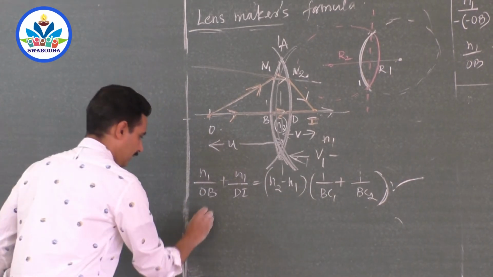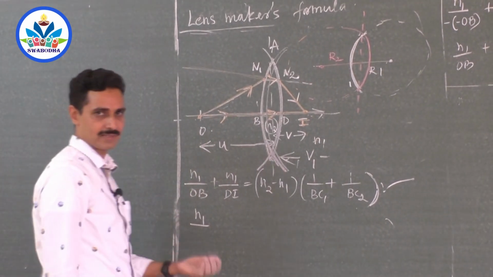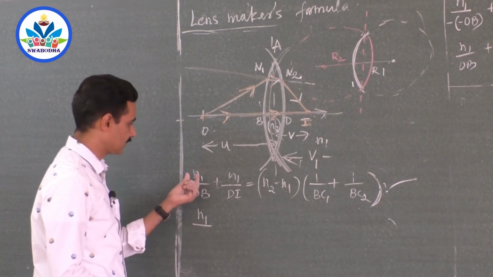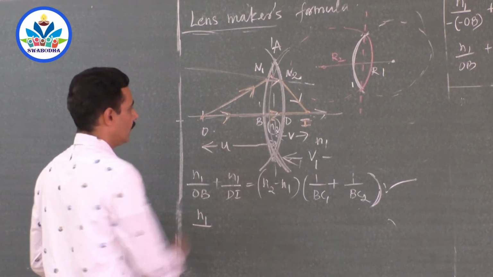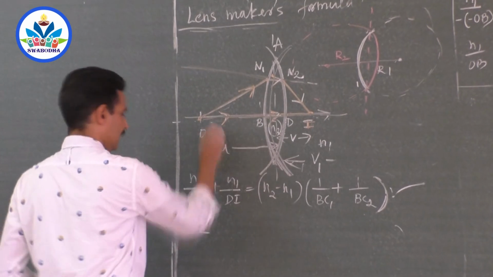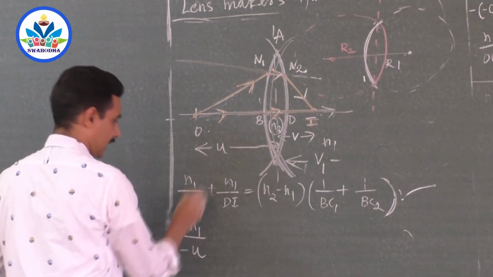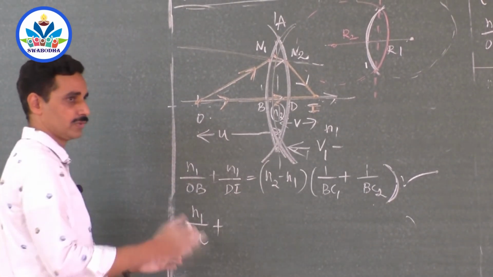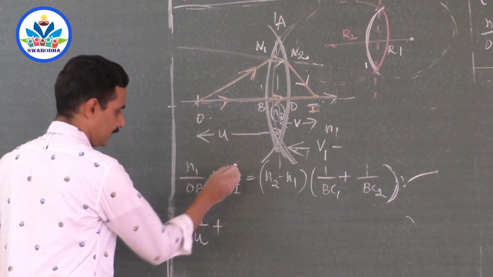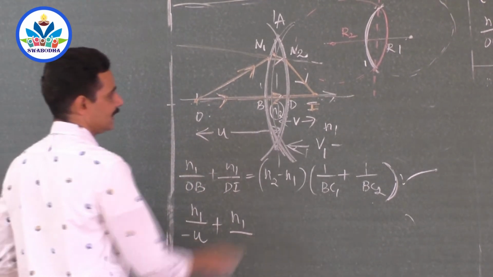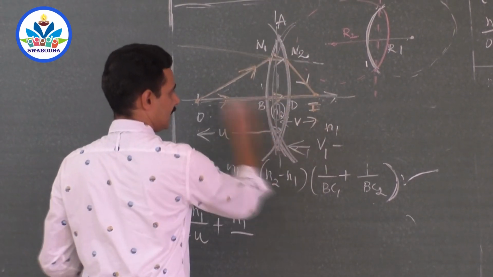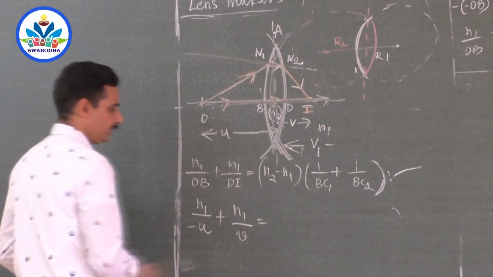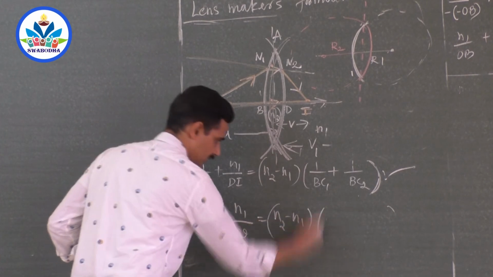So we will substitute n1, the refractive index. Refractive indices as such don't have any sign conventions because they don't come under any distance. So the refractive index of the medium divided by OB. OB is the object distance. That lies on the left side, so minus u. Again I will apply the sign convention, plus, because this is a combined formula. I want a final formula which is suitable for any type of occasion. n1 again by image distance DI, this is on the right side, right? So this is the coordinate system, this is the right side. So that is image distance, v, is equal to (n2 minus n1), no sign conventions here, into 1 by